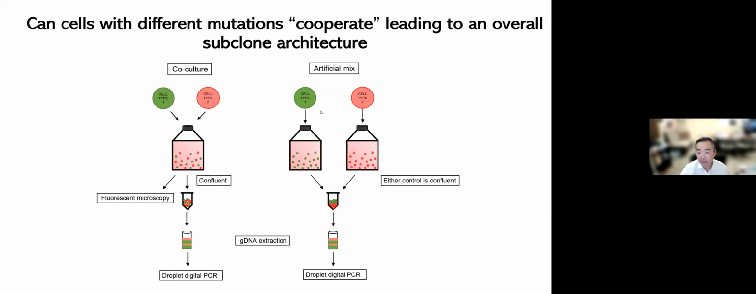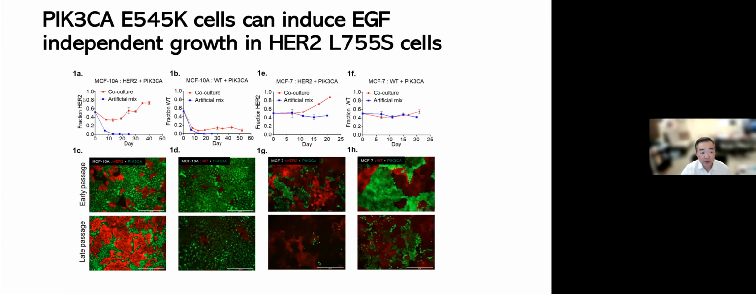The artificial mix is this moniker that we came up with, and we just grow the culture separately in various conditions. And then we do the same thing. We look under the fluorescent microscope separately in these, but then we actually will mix them to grind up the DNA so that they go through the exact same process as the co-culture, and then do the same type of droplet digital PCR analysis. What we found was very interesting and somewhat surprising, and that's shown here in graphic format,